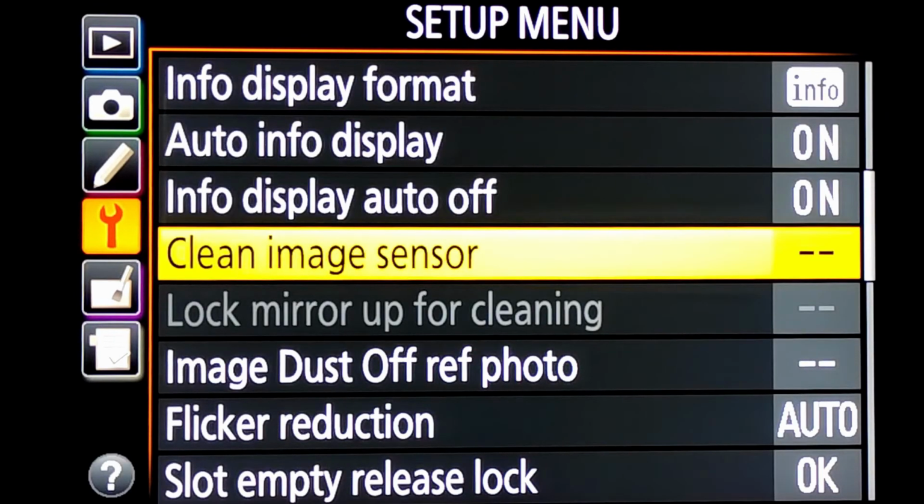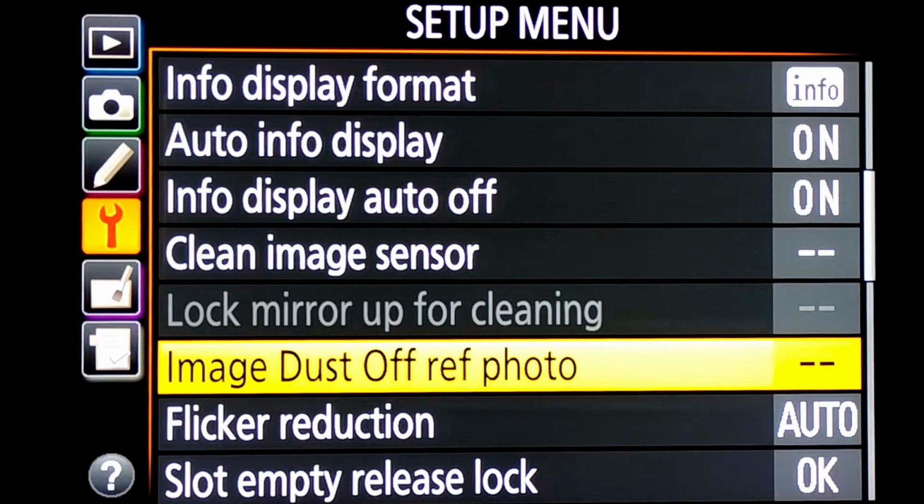Then further options are related to the info display format, then auto info display. Clean image sensor. We can clean the image sensor in body every time we switch on the camera. There is a setting. So electronically the sensor will be cleaned every time we switch on the camera, or we may select manual image cleaning, right?